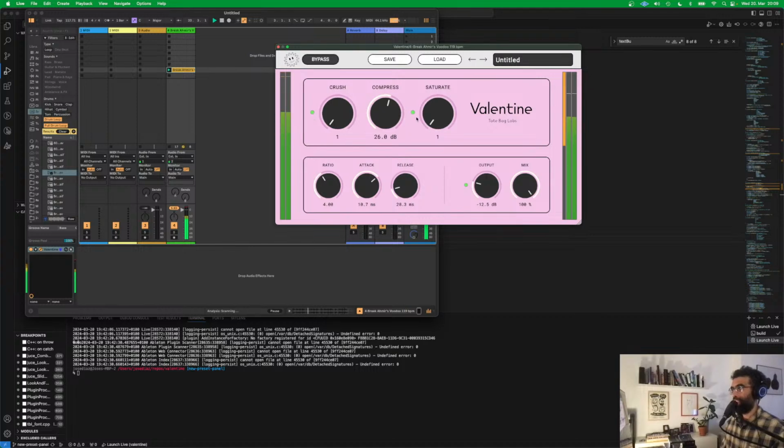But it also has, I'll turn the saturation off. Yeah, so it has this crush effect